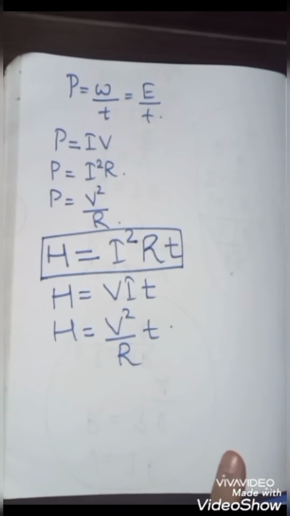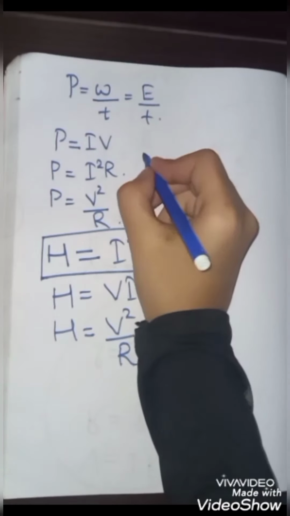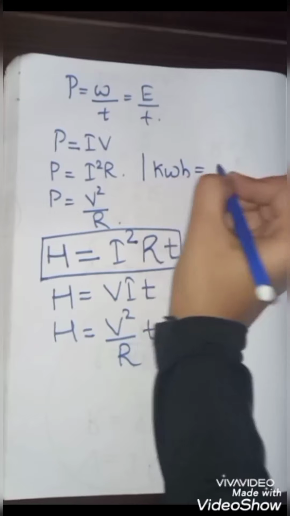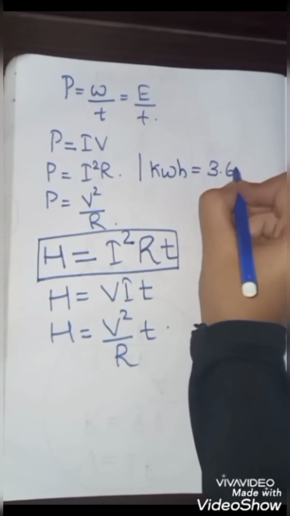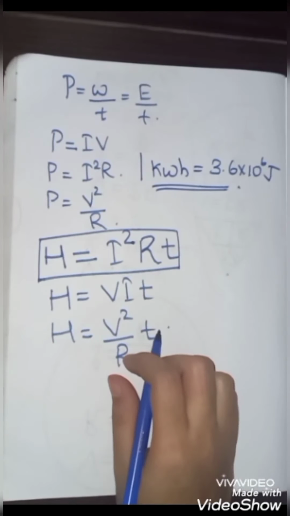Then we also discussed the conversions, that is watt hour into kilowatt hour, and this kilowatt hour is commonly known as a unit. We use the unit to measure electric energy. You can see it in the electricity bill. How many joules is equivalent to 1 kilowatt hour? That is, 1 kilowatt hour is equal to 3.6 into 10 raised to 6 joule. It is very important. These are all we discussed in the last class.